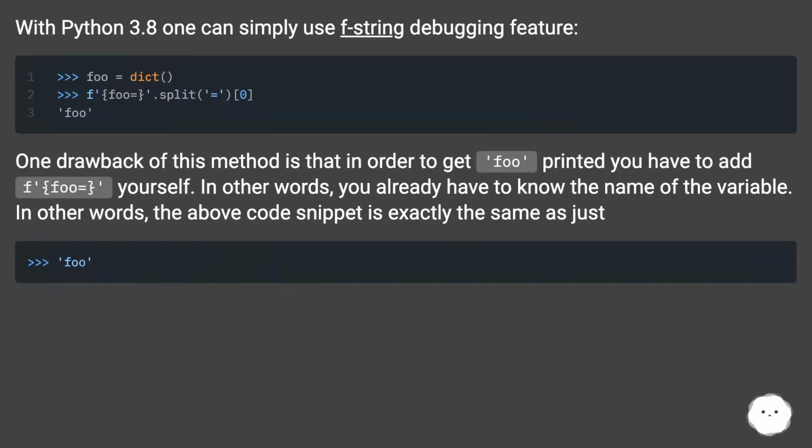With Python 3.8, one can simply use the f-string debugging feature. One drawback of this method is that in order to get foo printed, you have to add foo= yourself. In other words, you already have to know the name of the variable. In other words, the above code snippet is exactly the same as just